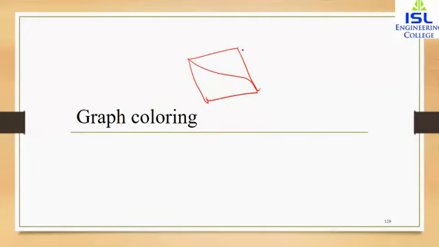So for example, if I have this graph with three regions, I can use the color green over here. So I am using the color green. But for the next state, consider this is a map of some place, and it is divided in this way.